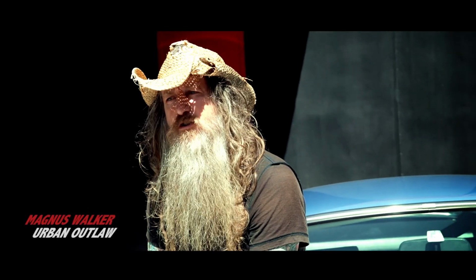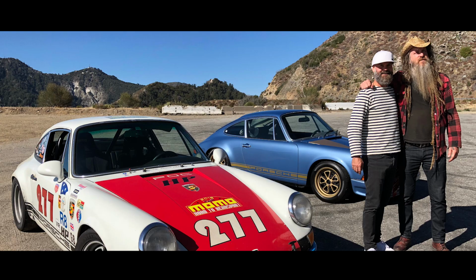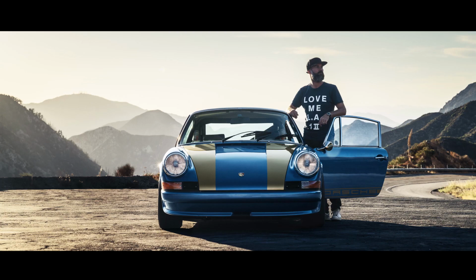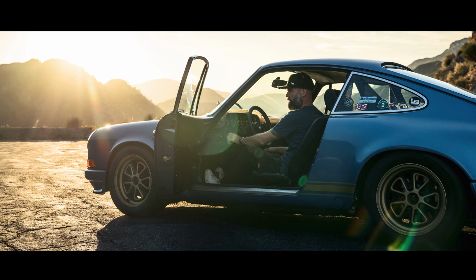We all speak Porsche, and this is a perfect example. I met Helmet back in 2013, just before he actually acquired this car. 6 years ago, the car was basically a stock 73T. Helmet and I both spoke the same language of Porsche and kind of became buddies, went for a few drives